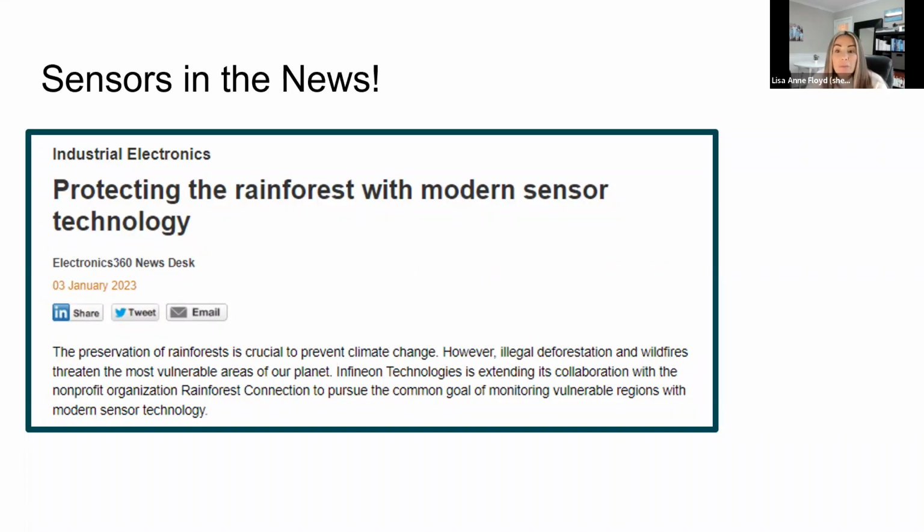Also, these sensors have a sensor package that they're using. They're able to monitor the presence of primates, birds, frogs, insects, and bats as well. In the future, they're going to be linking the sound recordings with other information, including temperature, humidity, ozone, and they just started detecting CO2 as well. So it's really helping them to have a greater understanding of the biodiversity, as well as ways to protect the